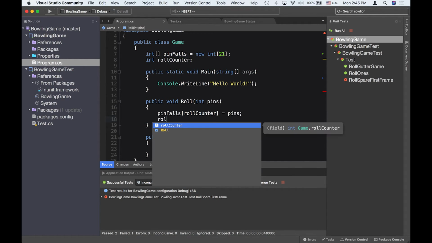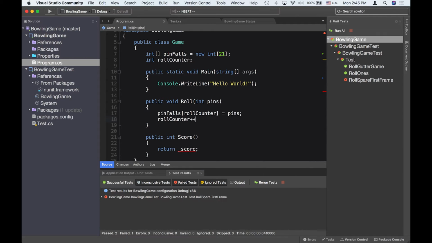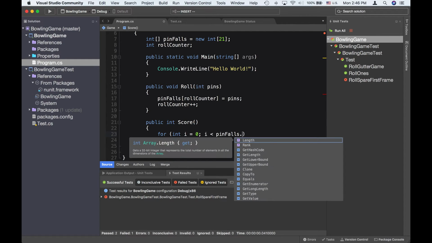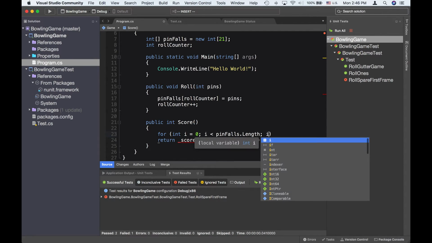Okay, and roll counter plus plus. And then to get a score, we cannot just return score. What we do is that we go through the whole array and we add them all together. So we do this: for int i equals 0, i smaller than pinfalls dot length, i plus plus,